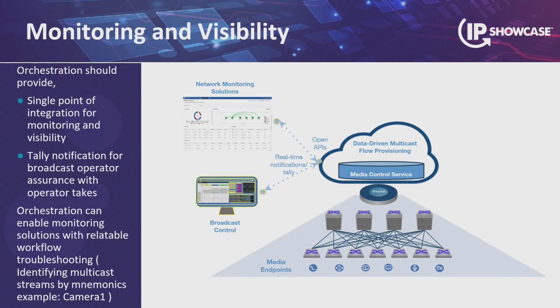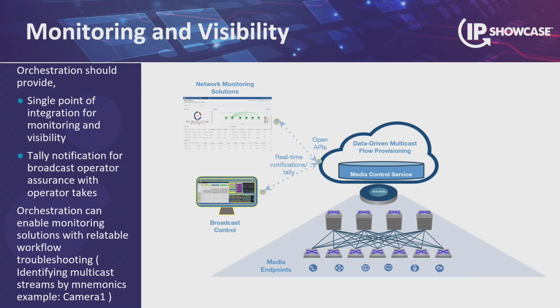and what's happening in the network? With orchestration, we can provide a relatable experience for the broadcasters so that, for example, we can add mnemonics to identify the multicast streams, so they don't have to worry about identifying streams with the multicast IP addresses. And another key aspect with orchestration is that if I'm trying to program a route, the response I'm getting back should assure me that the route exists on the switch and the traffic can be enabled